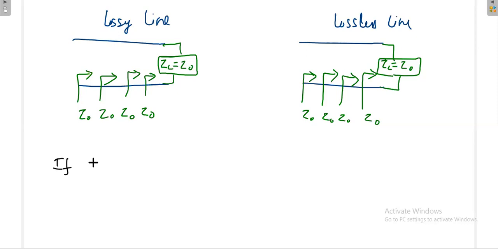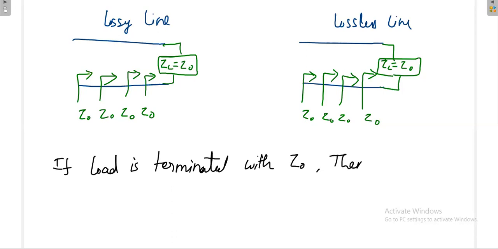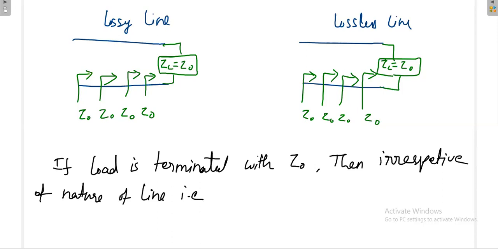If in a transmission line the load is terminated with Z naught, then irrespective of the nature of the line, that is either lossy or lossless,